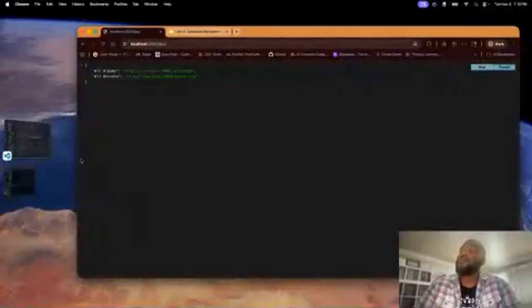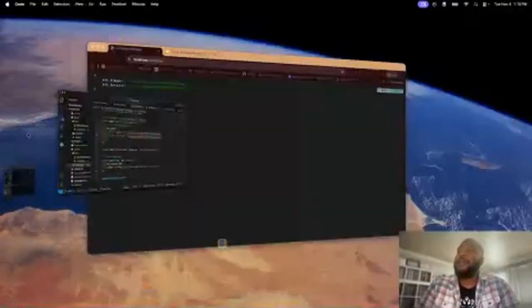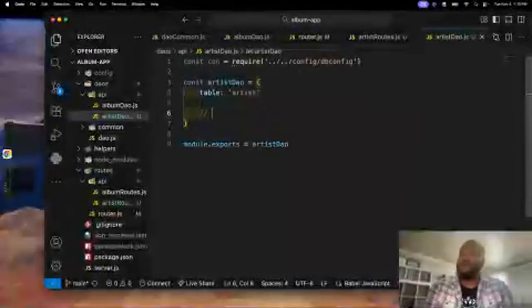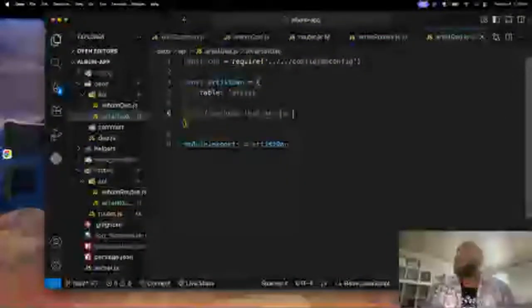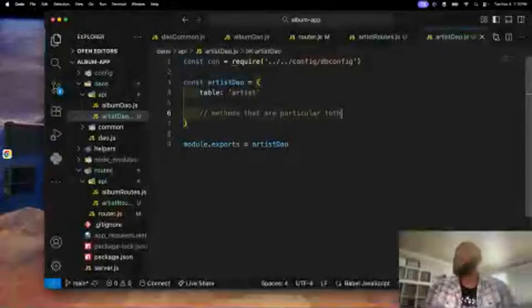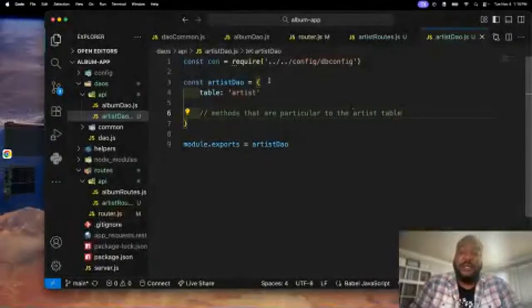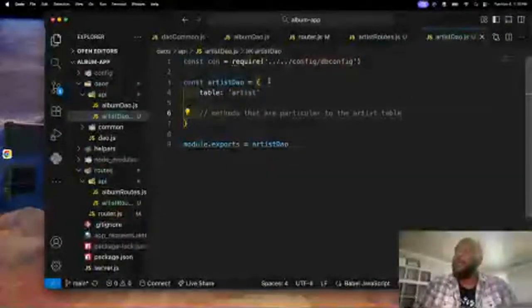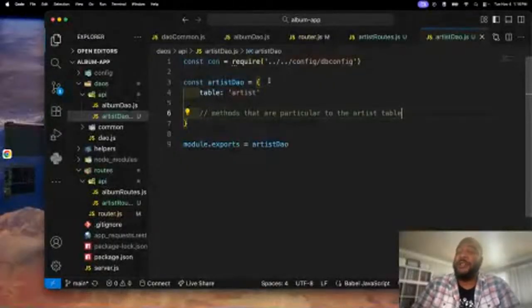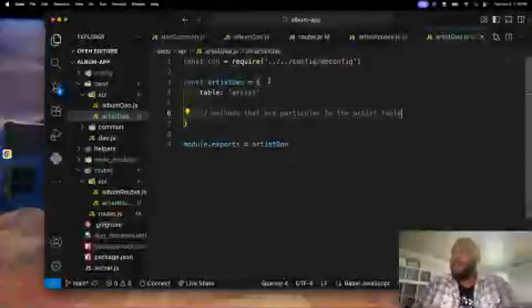So now that we got that, and I have my artistDAO, again, I can write multiple queries in here. So methods that are particular to the artist table. I can write as many as I need to here. Okay. Maybe I want to get, well, based on the way my artist table is set up, I don't have a whole lot of information, but